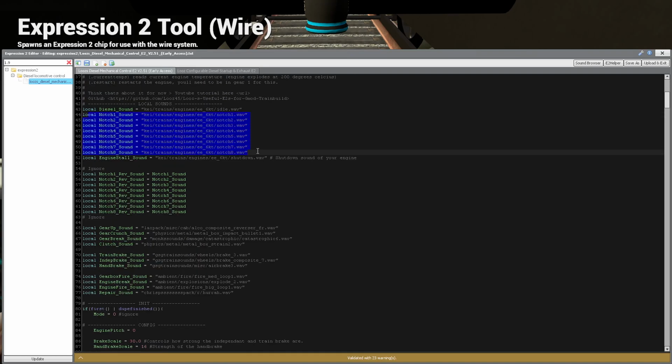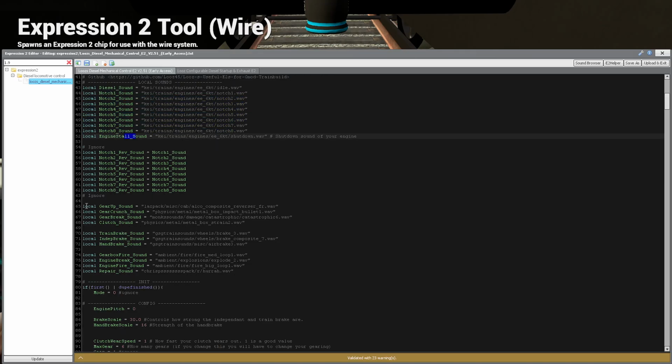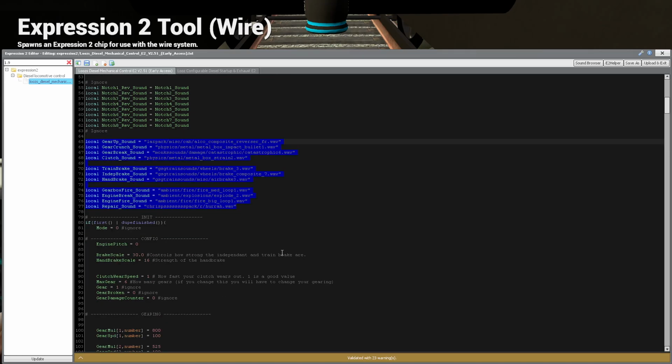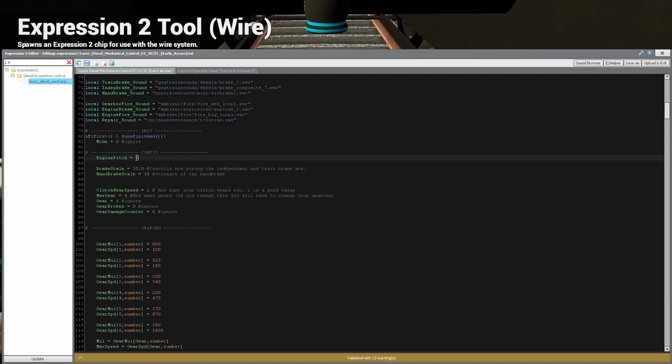Your sounds, stall sound, gear sounds, brake sounds, etc. are all here. This config here basically tells the chip if the engine sound can go high pitch or not. By default it's off, so when you're driving along it'll change sounds, but the sounds won't go to a different pitch. And then you've got your brake modes for your independent and train brake, your handbrake, how fast your clutch